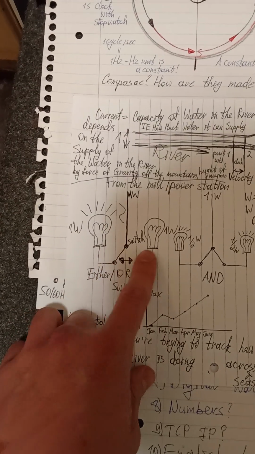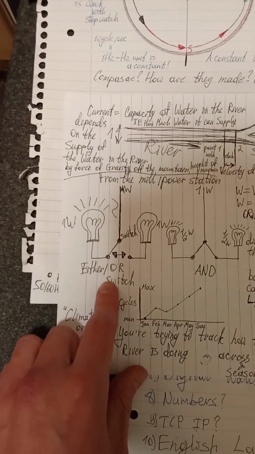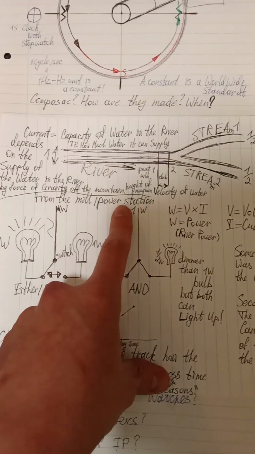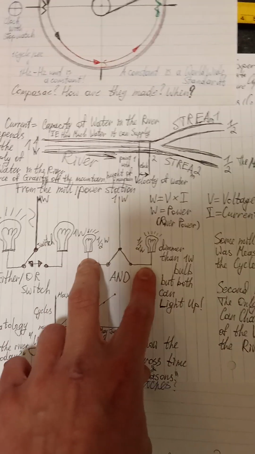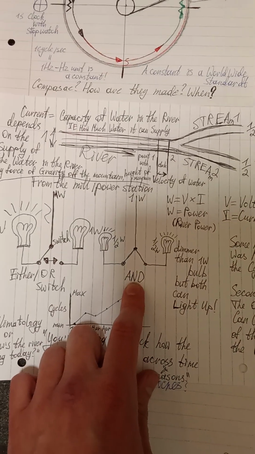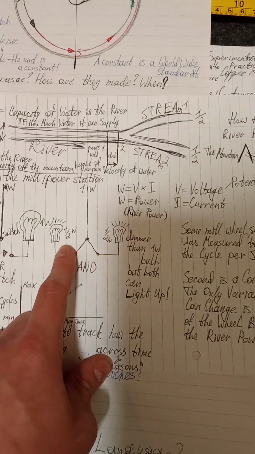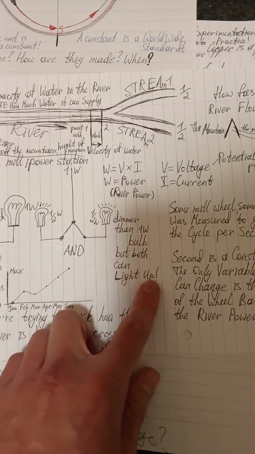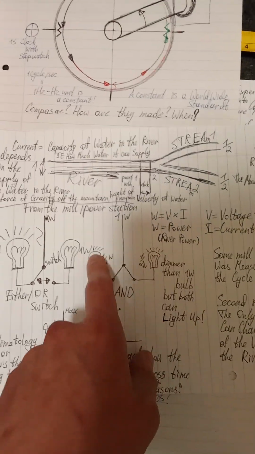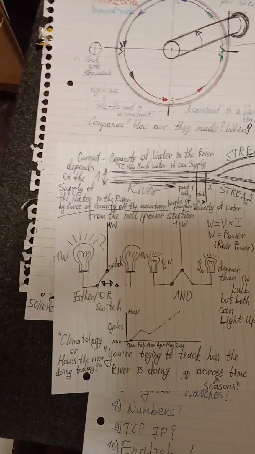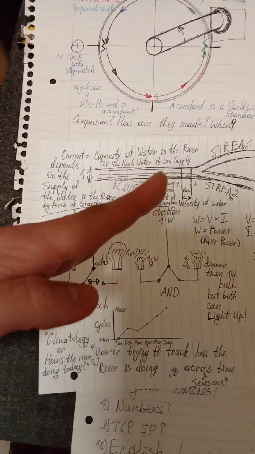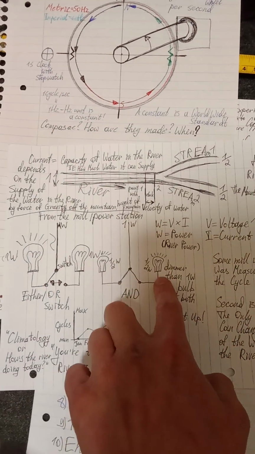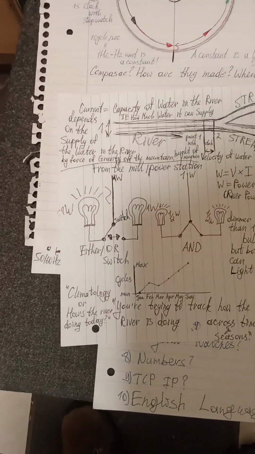So you need a switch to switch between them. It's an either or switch. But you can also supply 1 watt to half watt bulbs, 2 of them at the same time. And it's an AND. But they're dimmer. Yeah. They're dimmer than 1 watt bulb. But bulb can light up. So you have a choice, really. You know, would you like to supply 1 big bulb and not the other, or vice versa, with a switch, or supply 2 smaller ones at the same time? So that's interesting, right? Yeah, and well, anyway,